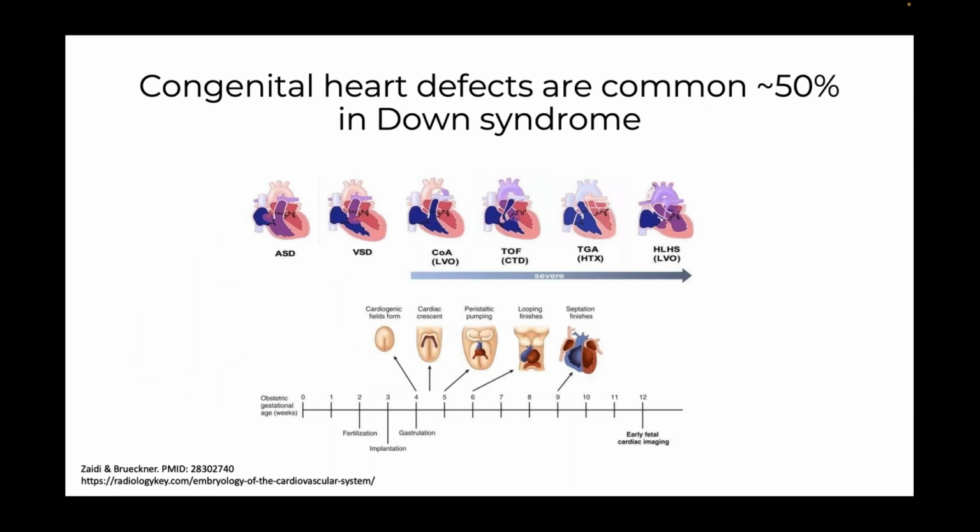So congenital defects are very common in Down syndrome. In fact, up to 50% of individuals diagnosed with chromosome 21 often also have a congenital heart defect. And so what's schematized in the top panel are different presentations of heart defects, from an atrioseptal defect on the left-hand side all the way to hypoplastic left heart syndrome on the right-hand side, with increasing levels of severity. So ASDs are the most common congenital heart defects that are seen in Down syndrome,